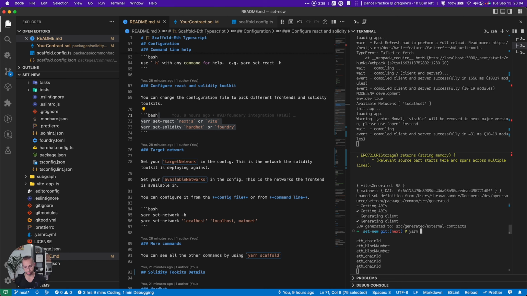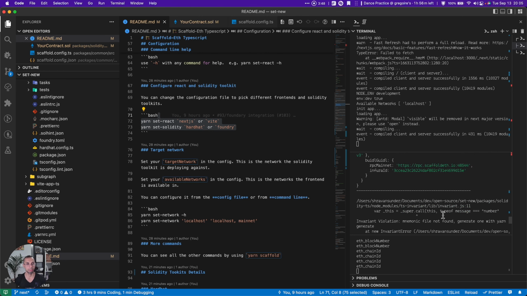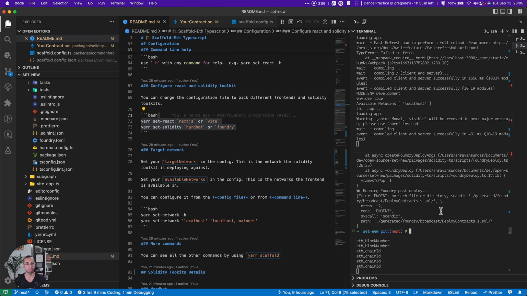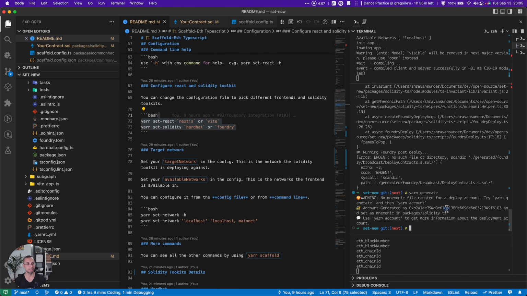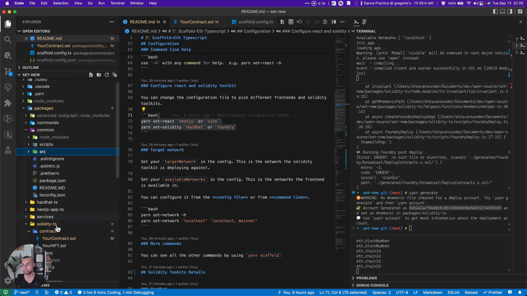And then I would run yarn deploy. This is actually going to fail because I don't have a mnemonic file. This is what I mentioned before. So I want to create a mnemonic file. So I'm going to run yarn generate. So this is the address, and it has a seed phrase, and all the mnemonic files will be inside solidity